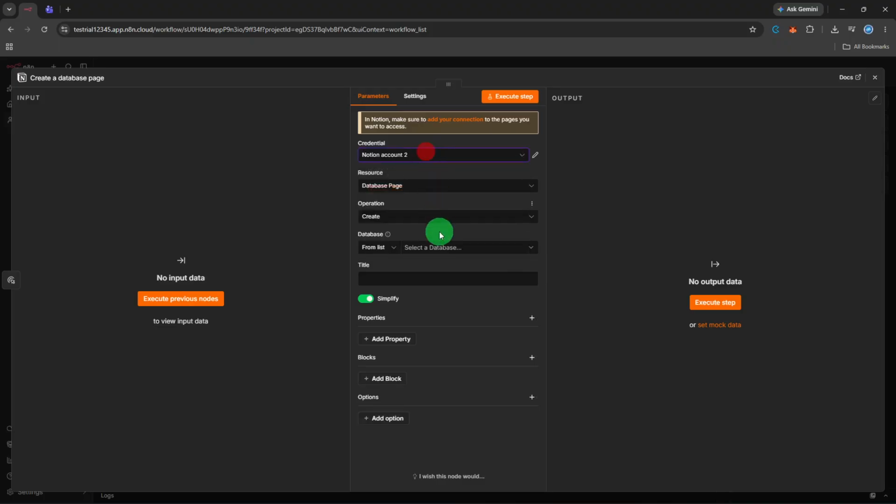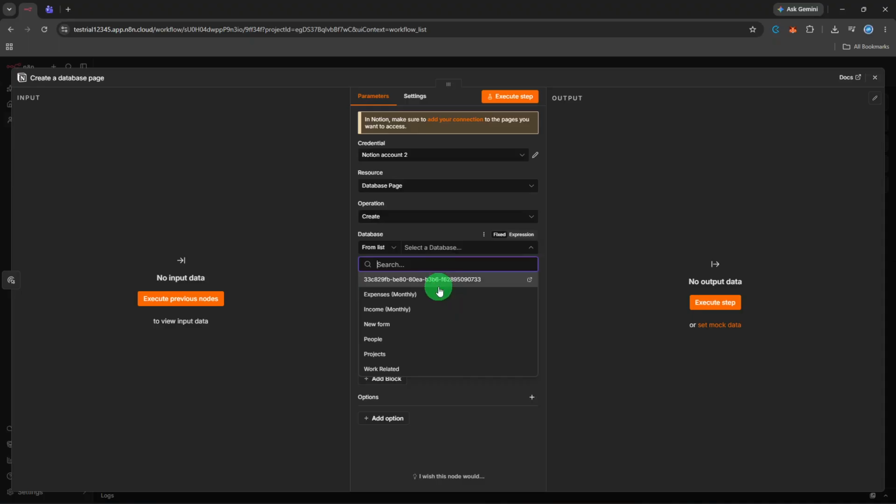Select your trigger node and connect your account credentials by clicking the Connect button and authorizing n8n to access that app. Then choose the specific trigger event. For most form tools, that's new form submission or new entry. For CRMs, it might be new contact created or new lead received. Configure any additional settings. For a webhook, you'll just need to copy the generated URL and paste it into your